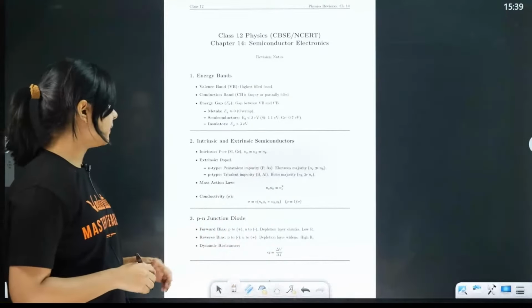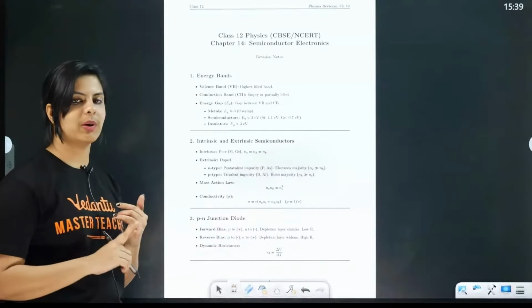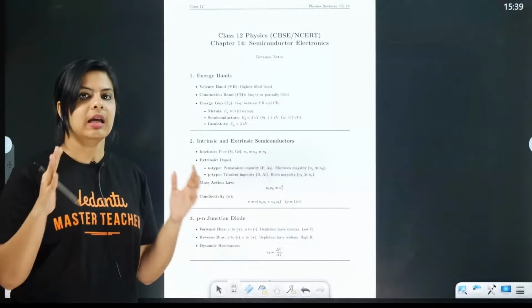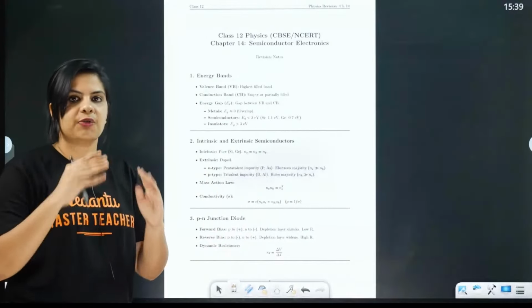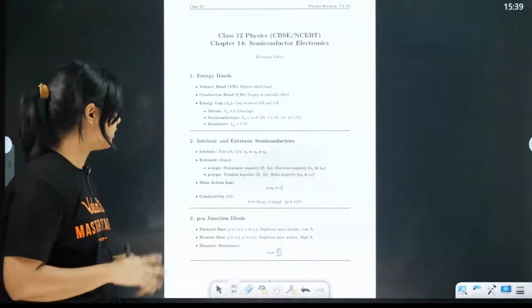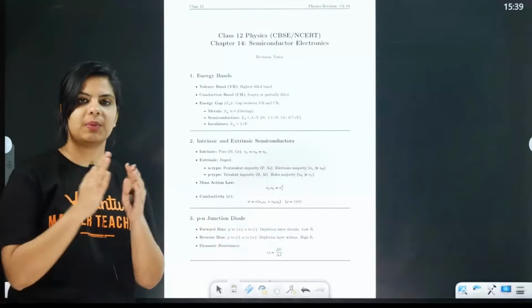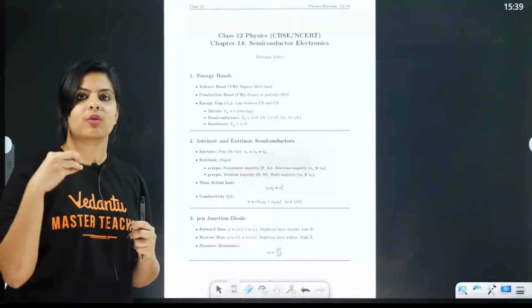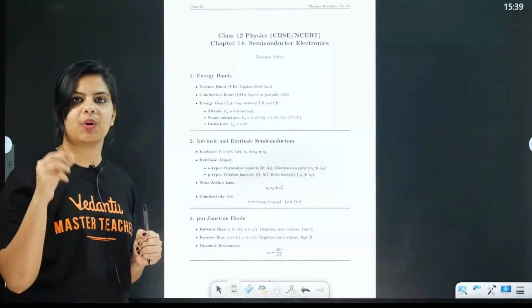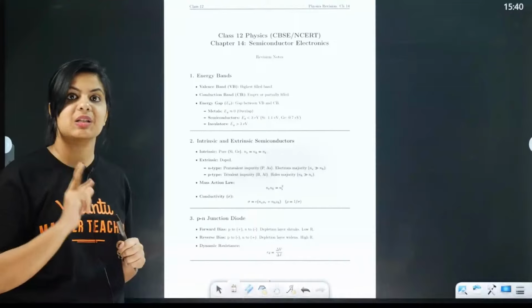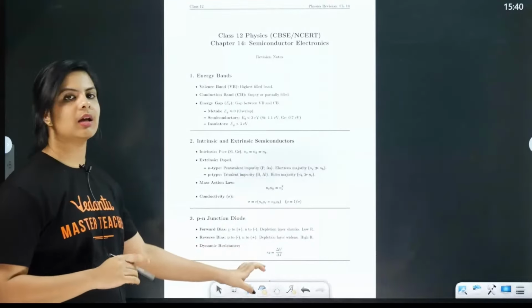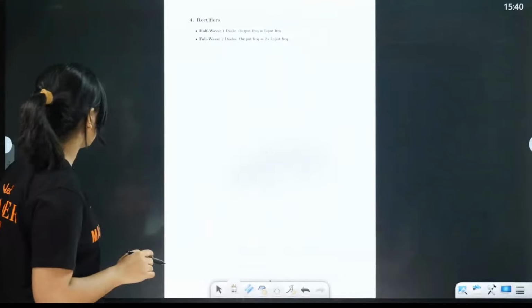Okay, next வந்து pn junction diode. So அதுல வந்து forward bias இருக்கு, reverse bias இருக்கு. இந்த forward biasல இந்த depletion layer வந்து it is going to be very less. If you are giving more potential, the charges will start to flow across. Reverse biasல வந்து இந்த depletion layer வந்து increase ஆகும். So அதுல at some point what will happen, suddenly இந்த diode வந்து damage ஆகும், அந்த particular voltage that we are calling as the breakdown voltage. Okay, and next வந்து dynamic resistance இருக்கு, அது வந்து delta V divided by delta I.